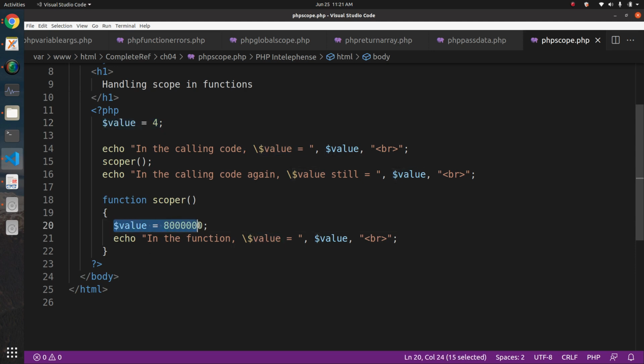So in that case, this value will be displayed, not this one. But in these two statements, we are accessing the variable value. Since this variable is local, you cannot access this value outside this function. So this variable will die outside that function. That's why in these two statements you are seeing value equal to 4, but when you are calling that function, you are seeing this value.